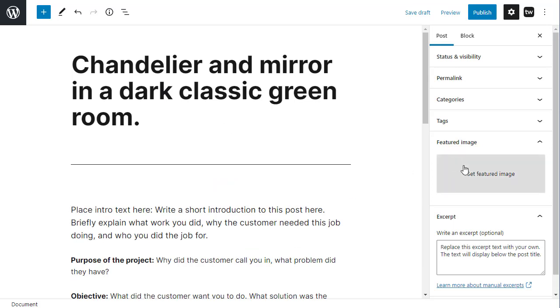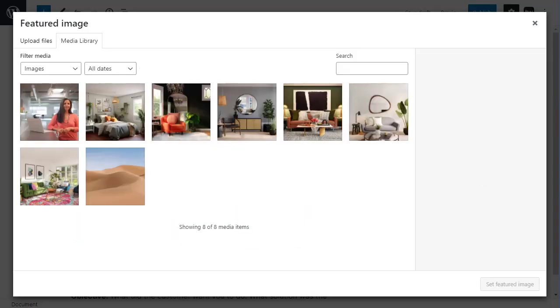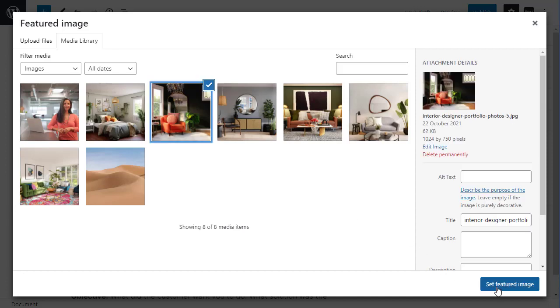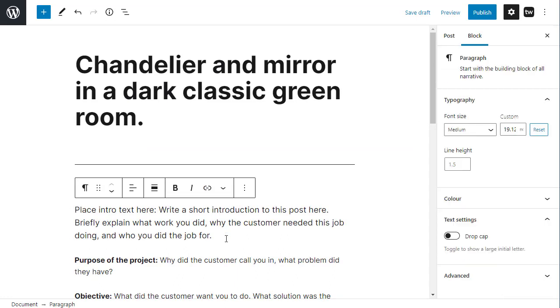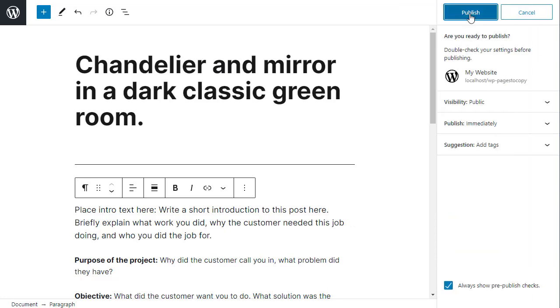I'm going to choose a featured image. Choosing this image, set featured image, and I would edit all the other text, and as before I would add an image gallery, then I would publish. But as soon as we publish this post,